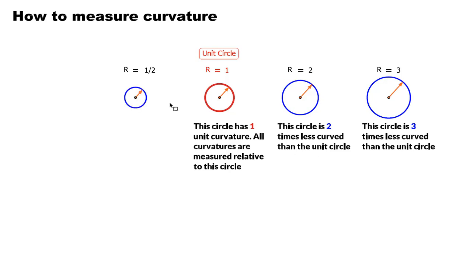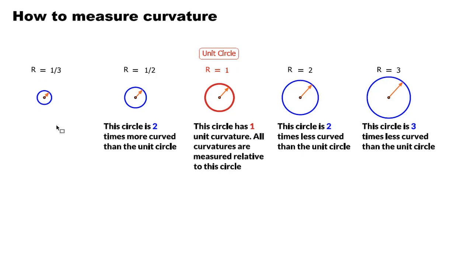And if we take a circle with radius equal to half, then this circle is 2 times more curved than the unit circle here. In like manner, if we take a circle with radius 1 over 3, this circle is 3 times more curved